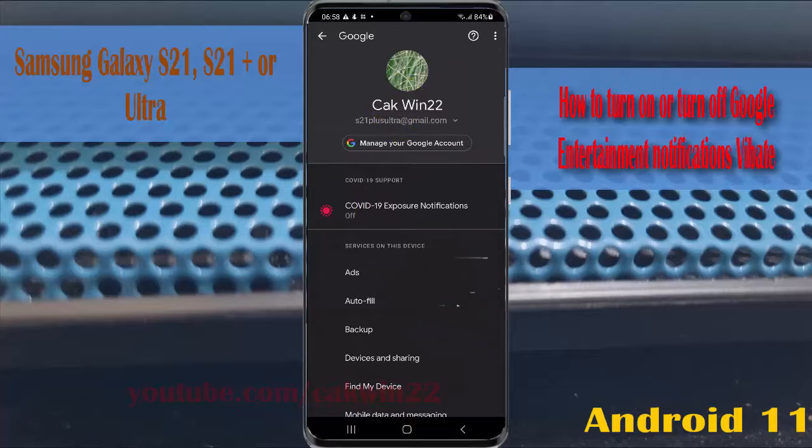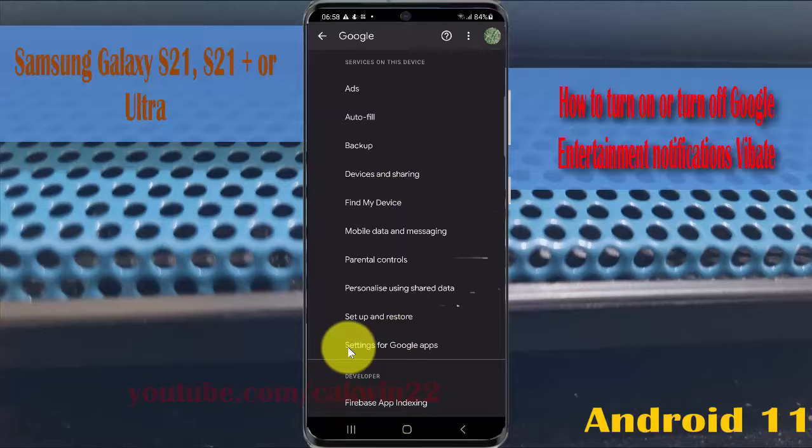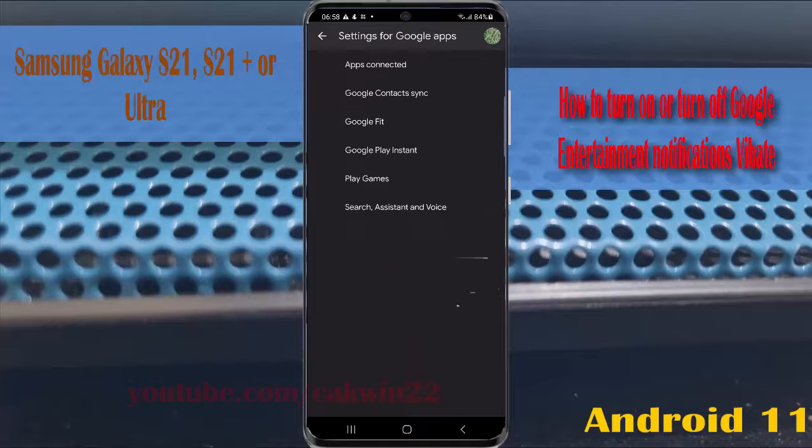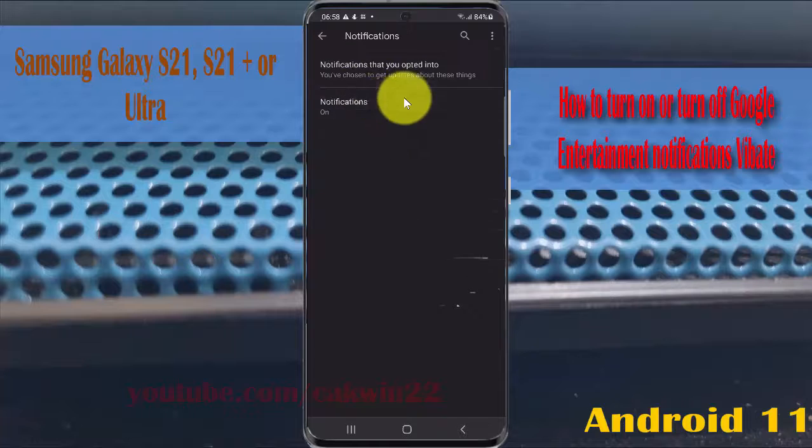Scroll down the screen, and then tap settings for Google Apps. Select search, assistant and voice, and then tap notifications. Select notifications again,